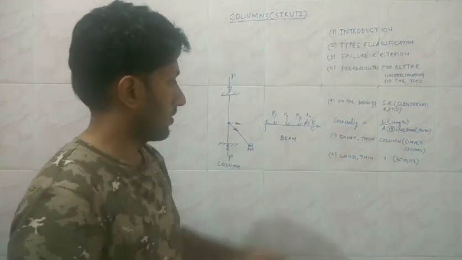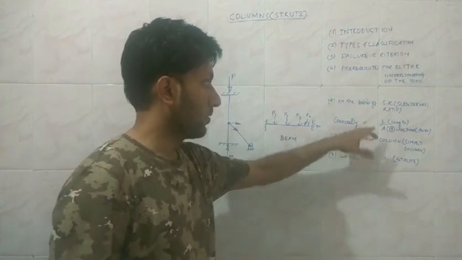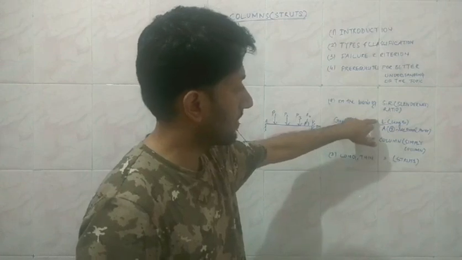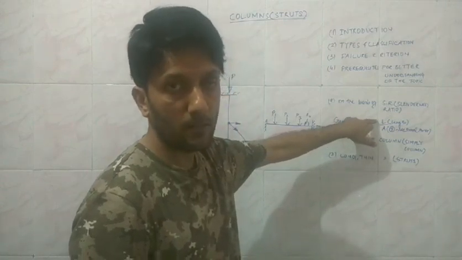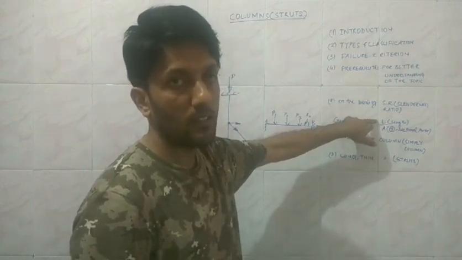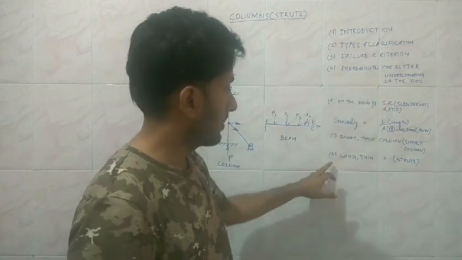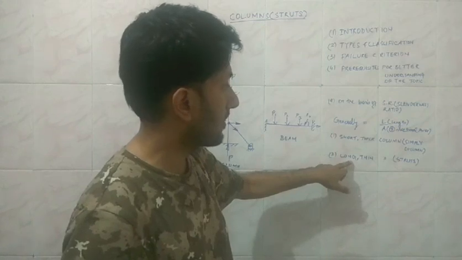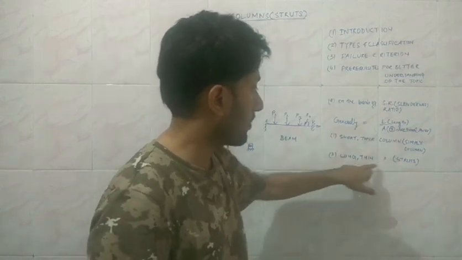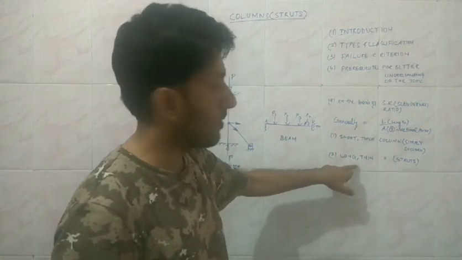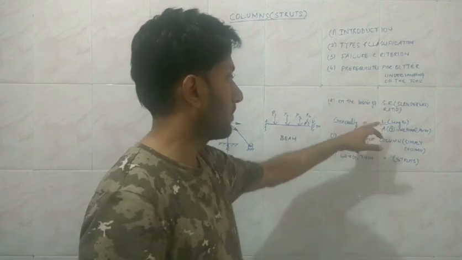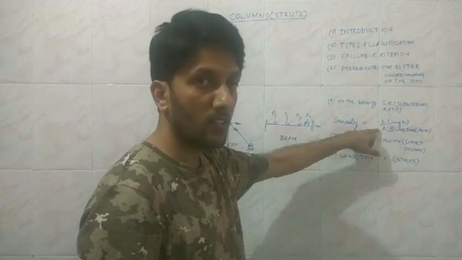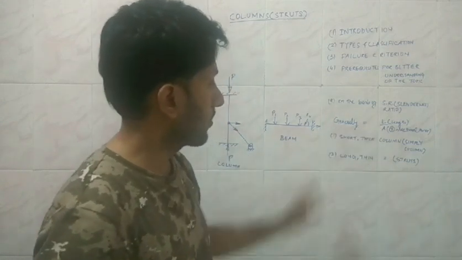So based upon this ratio, if in comparison to the cross sectional area the length is comparatively large, then it is going to be called thin, and long. Such a column is going to be categorized as long and thin. And if the reverse happens, that in comparison to the length the cross sectional area is large, then it is going to be called short and thick.